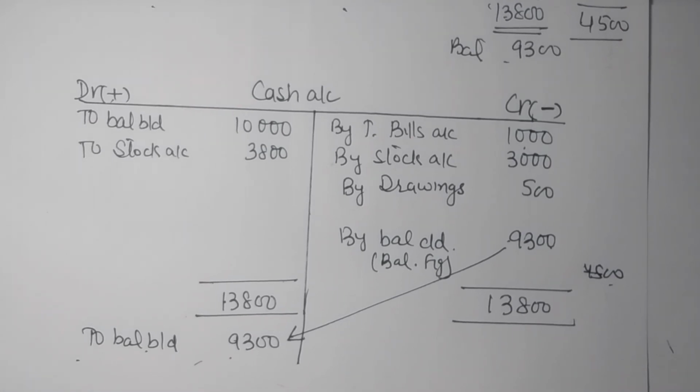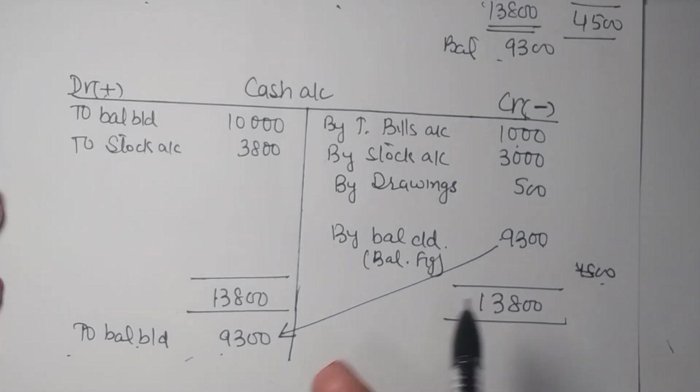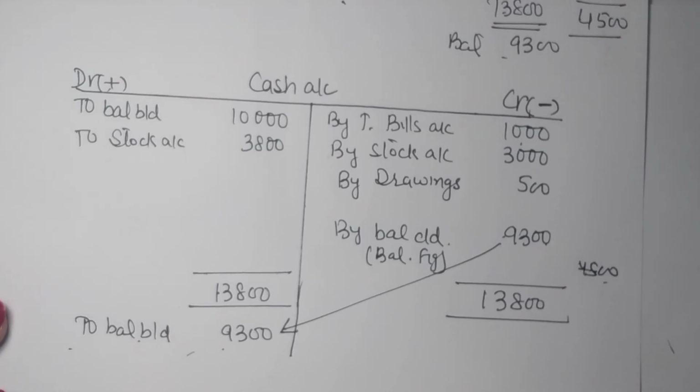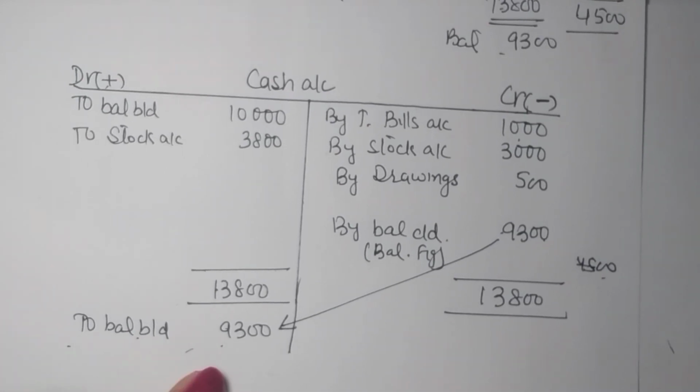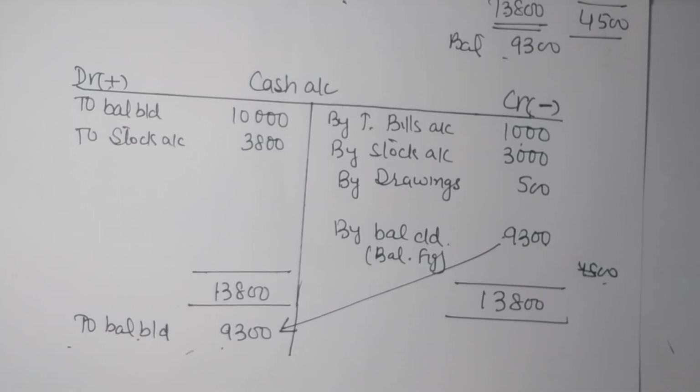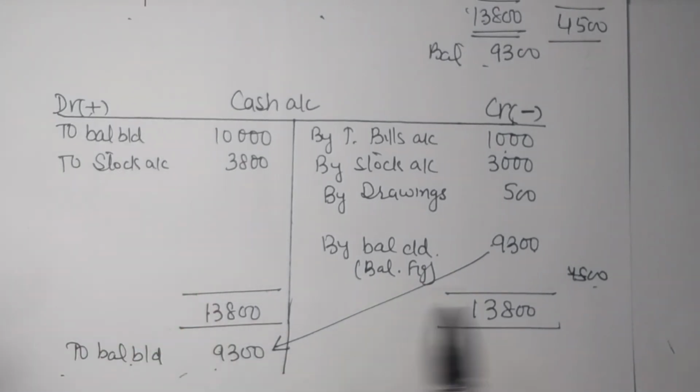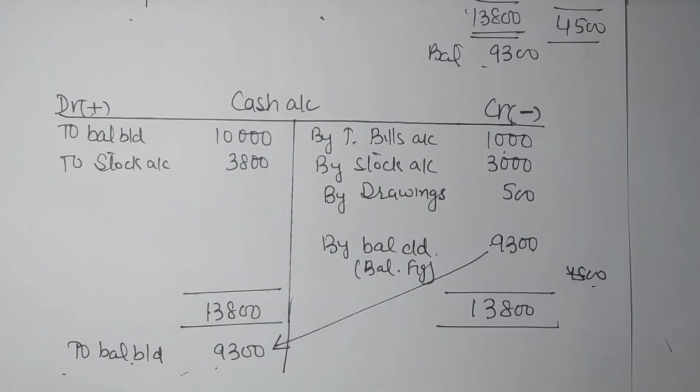Now we have some additional columns, like when you go through the cash transactions and somehow you find this is not matching with the cash available. So you want to know where is the mistake. So you pick up the vouchers, like this is what I spent on stock, on bills. You want to verify the amounts. But in a business, you are not having 5 transactions. You have hundreds of transactions. So how will you match?